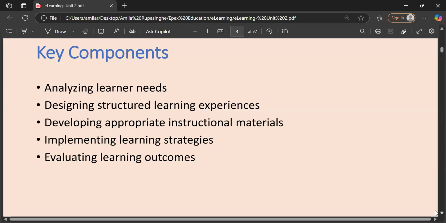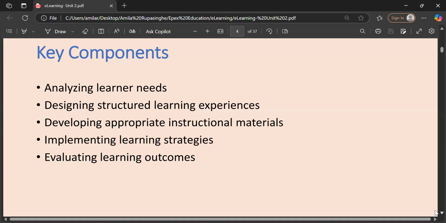However, for these things, we have to develop appropriate instructional materials. Now, see, in normal learning, not e-learning, in face-to-face learning, we use instructional materials like textbooks. For government schools, we have textbooks, right? So those are the instructional materials developed by curriculum developers, appropriate to their age level, their psychological needs, right?